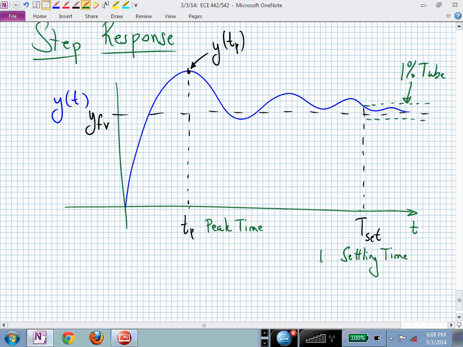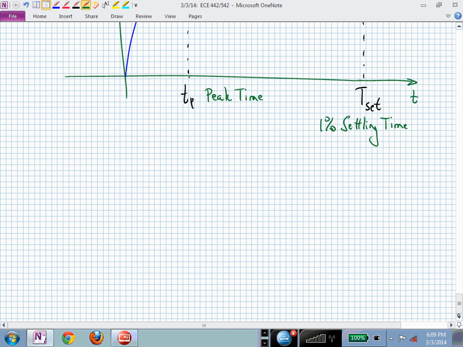Maybe in this class we'll just agree that when I say settling time, that's a 1% settling time, and we'll just say that's 5 time constants, which is actually a little bit more demanding than a 1% settling time. And what else? This is now our maximum value, y sub tp, and y sub fv is our final value. Y of t, if we needed to compute that,